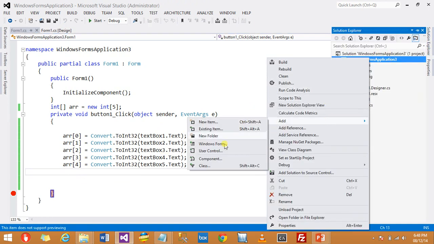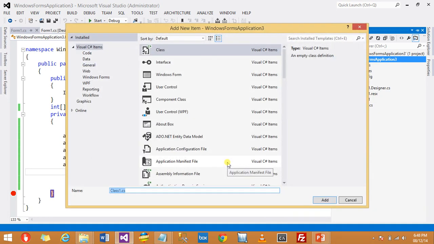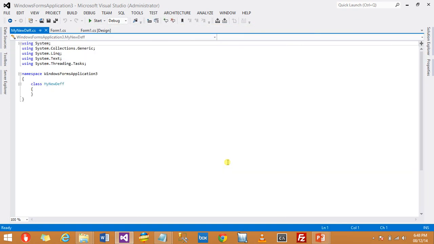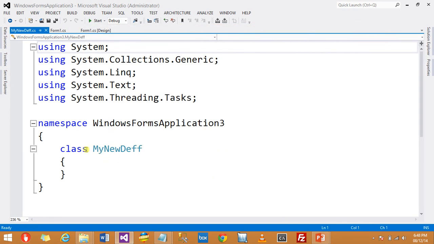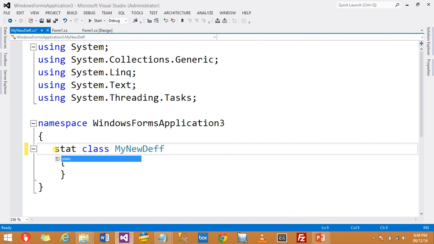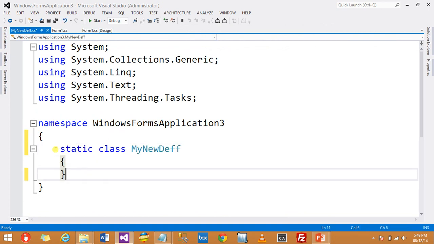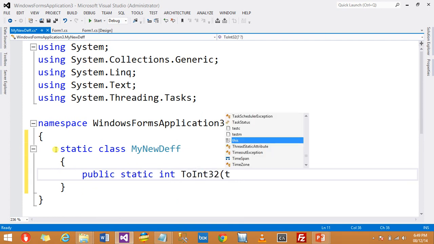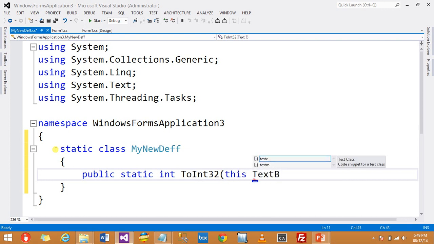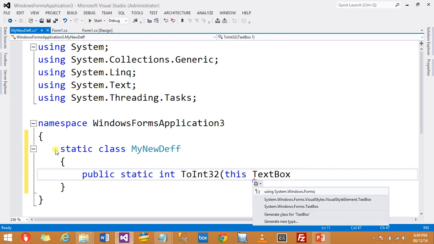First I have to create a class that should be static. I assign a name, MyNewDefinition, you can assign any other name, and you have to define that class as static, because any extension method can only be written in a static class. So first we write public static int, with the name ToInt32 or whatever you want, then this, and the type you have to use there, which is the TextBox object.